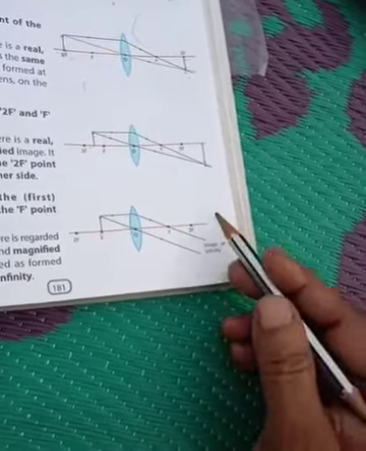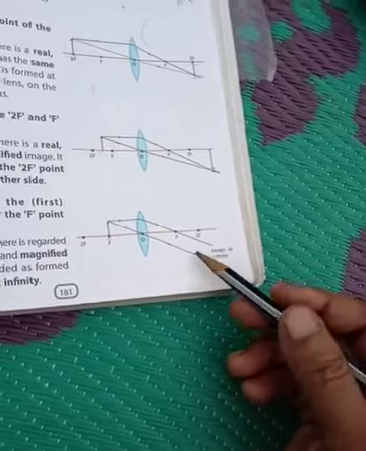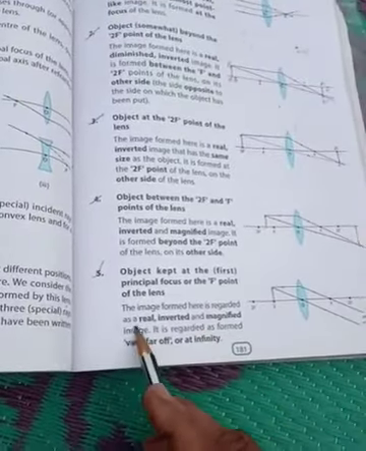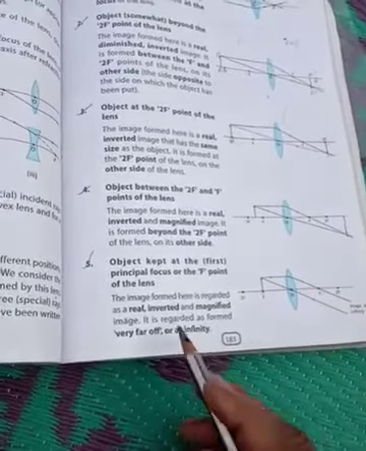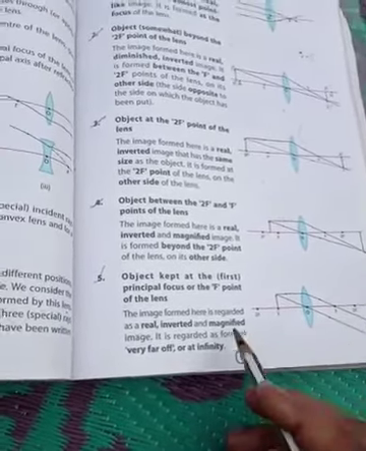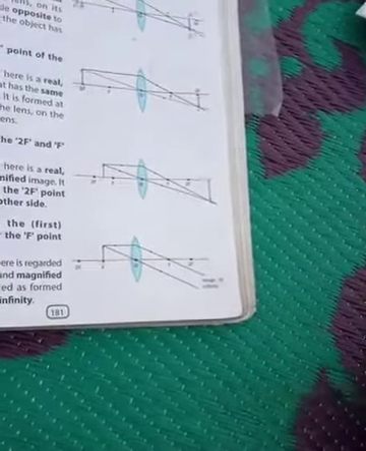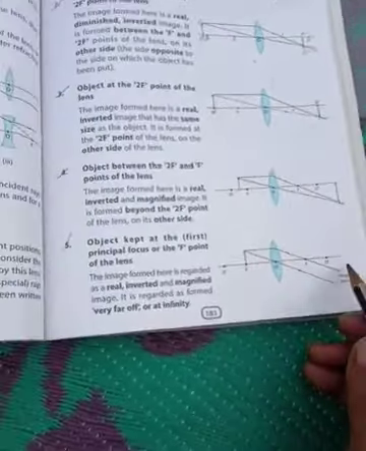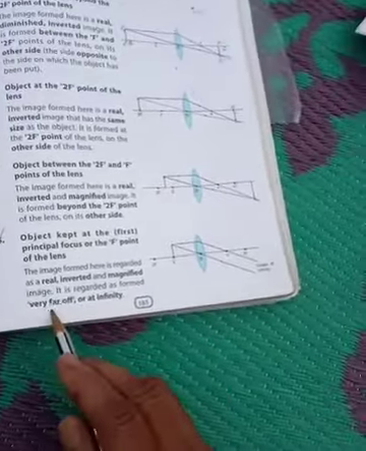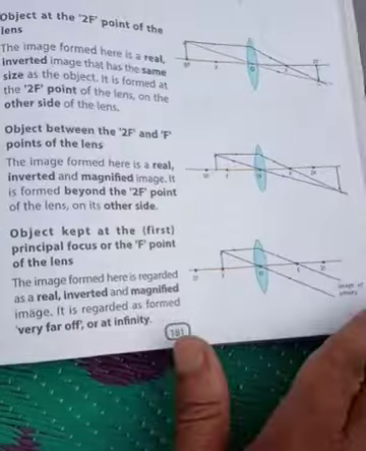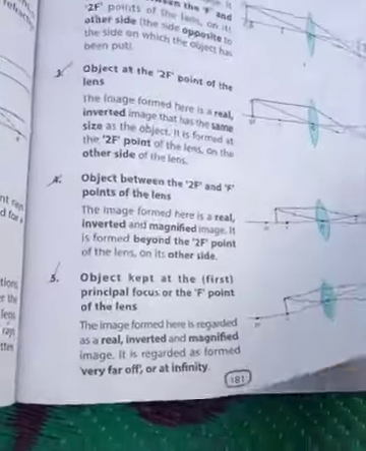So if the image is formed, it is real, very very big, formed at infinity, and inverted. The image formed here is regarded as real because real rays are going there. It is inverted because it will be formed below the principal axis. It is magnified because the rays go this way and the principal axis goes that way, so the image will be very big, magnified, and regarded as formed very far off, at infinity. It will not actually meet, but if it were to meet, it would be formed at infinity. Next, another case; let us go through that.